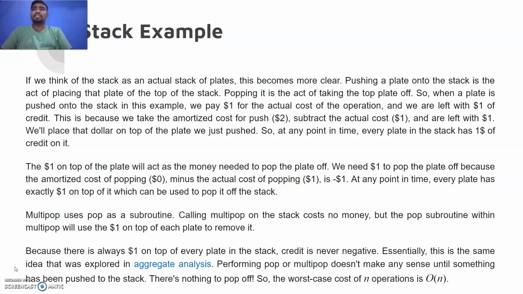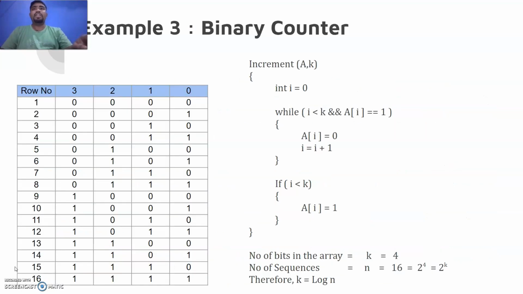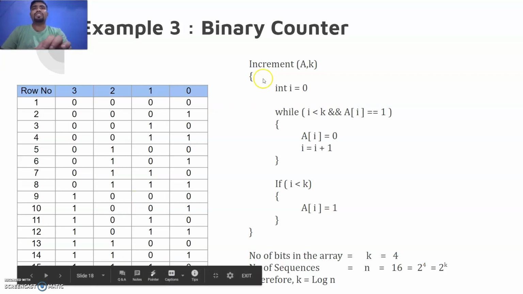So this is the accounting method. Now let's proceed with the binary counter and understand how the accounting method works in a binary counter. So we know this table. In this table we see that as we call this function, we pass the first array,